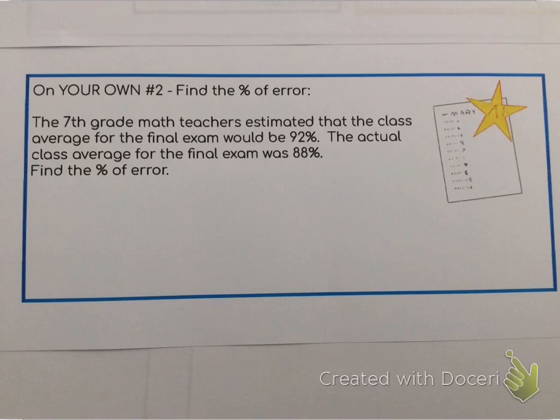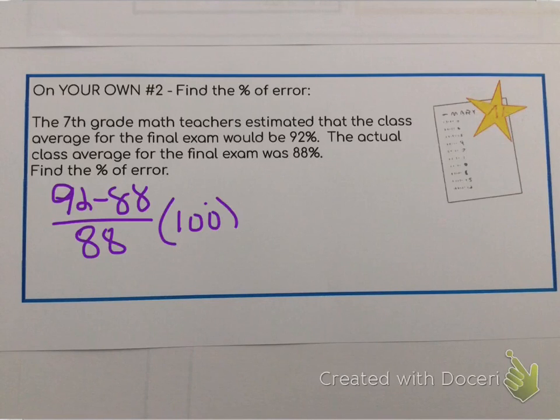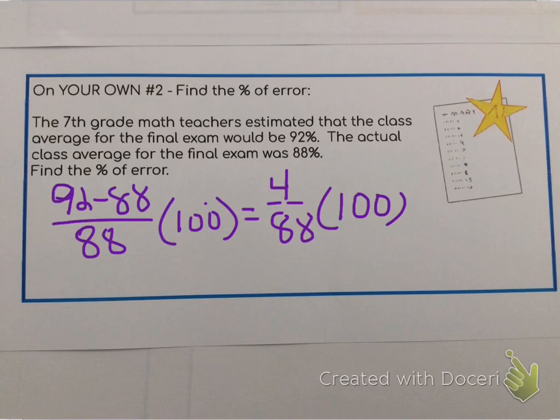Okay, so for percent of error, we're going to find the amount of error. So we're going to take the 92 and subtract 88, and we're going to divide that by the actual amount, which was the 88, okay, and you're going to multiply that by 100. Okay, well, 92 minus 88 would give you 4, divided by 88, and then multiply by 100. 4 divided by 88 gives you,